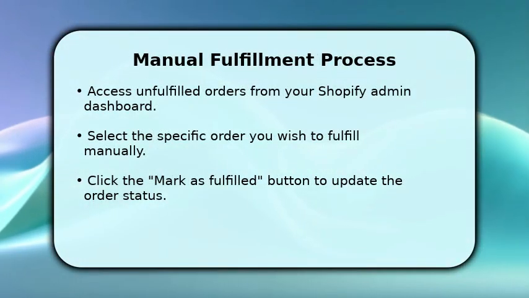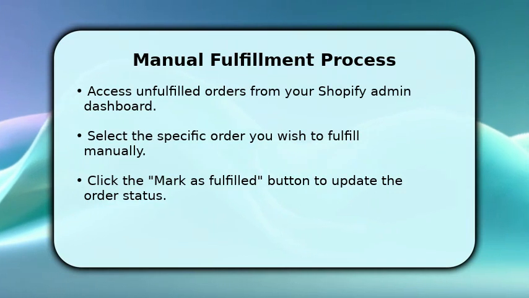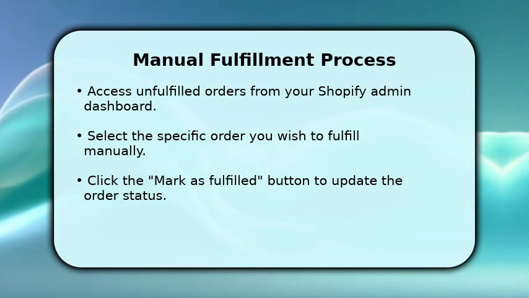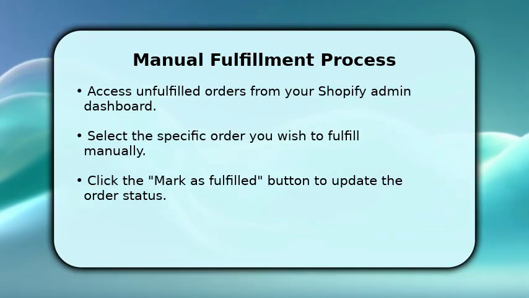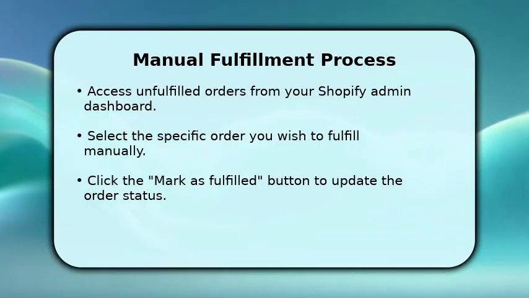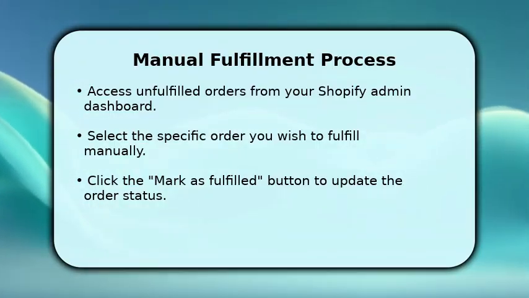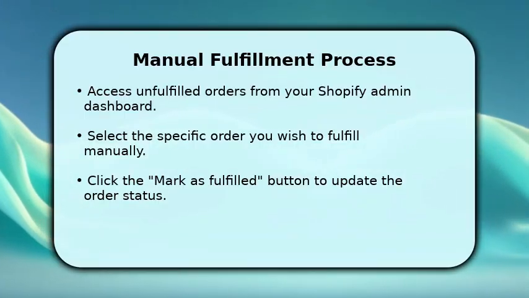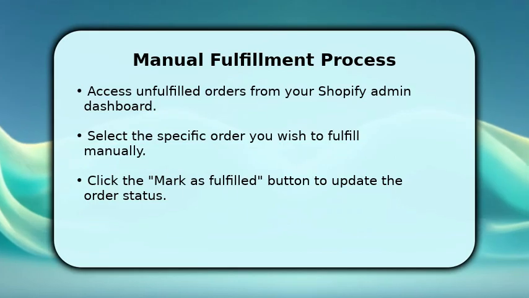For manual fulfillment, begin by logging into your Shopify admin. From the Orders section, locate any unfulfilled orders. Click on the order you want to process, and then select Mark as fulfilled. This action updates the order status and allows you to add tracking details. Remember to include the tracking number and carrier information, then notify your customer, ensuring they receive timely updates about their